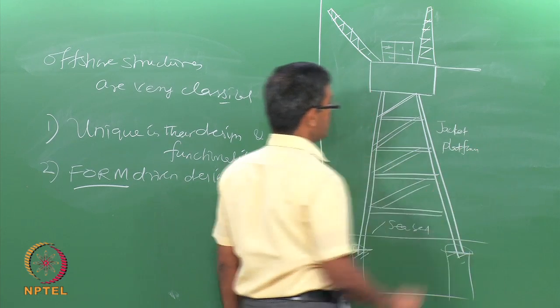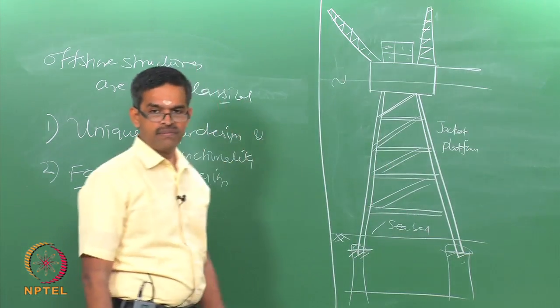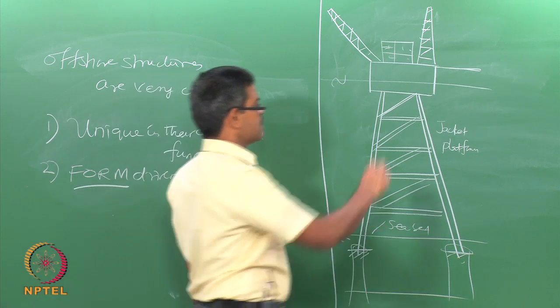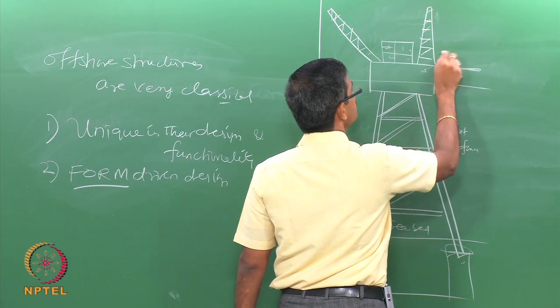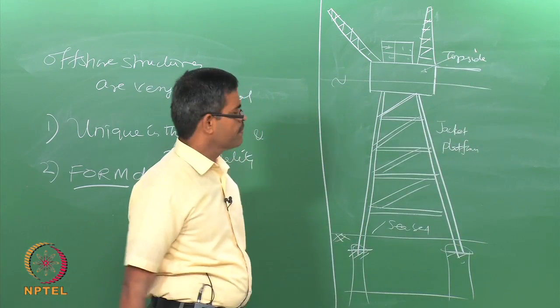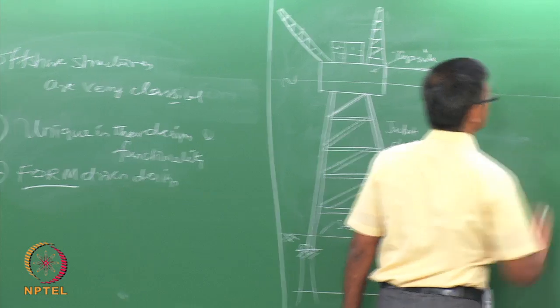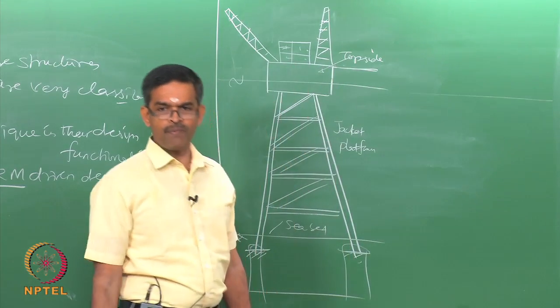On the contrary, for example, there is a water line here, this is my mean sea level. I call this my top side, and so on. On the contrary, if you talk about a platform which is also used for deep water exploration